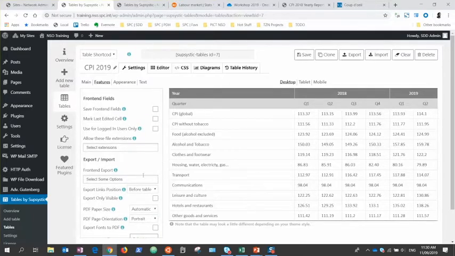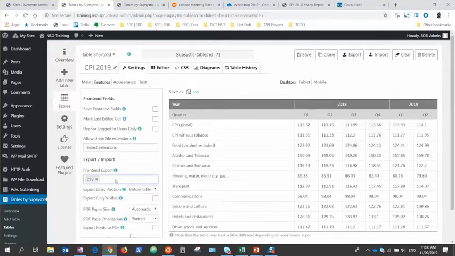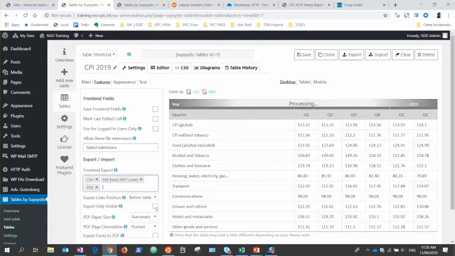And I can say, here I want people to be able to download by CSV, by Excel, and PDF, or even print the